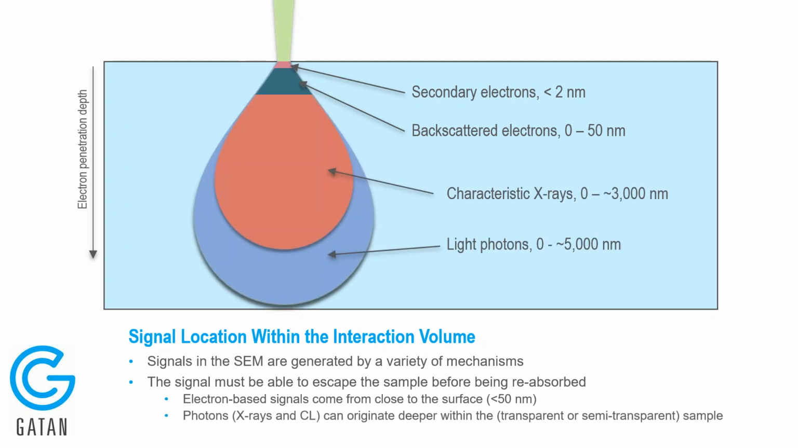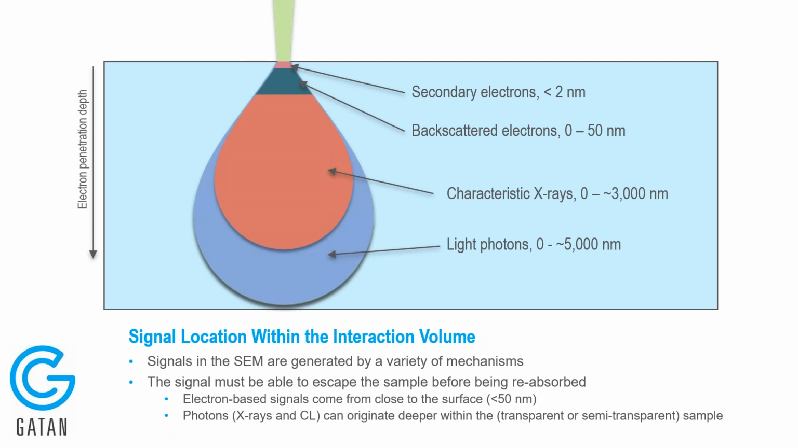On the other hand, photon-based signals, like the light photons that we measure in cathodoluminescence, or the X-ray photons that we measure in energy dispersive spectroscopy, come from much deeper within the sample because generally they're able to travel through the material and exit from much deeper within the material. So these photon signals come from much deeper, and as you can see at these deeper depths, the spread of the electron beam is